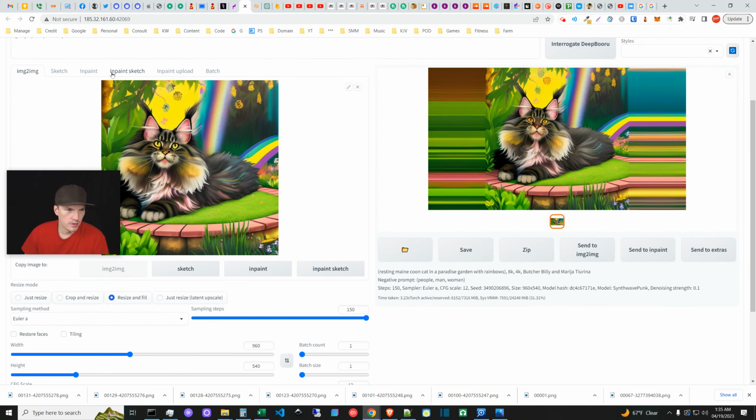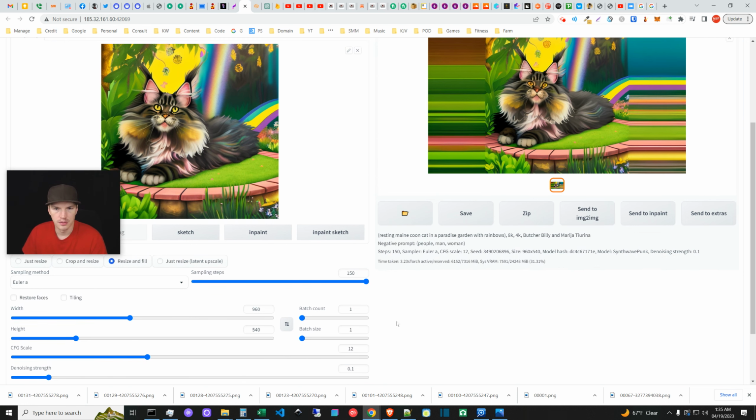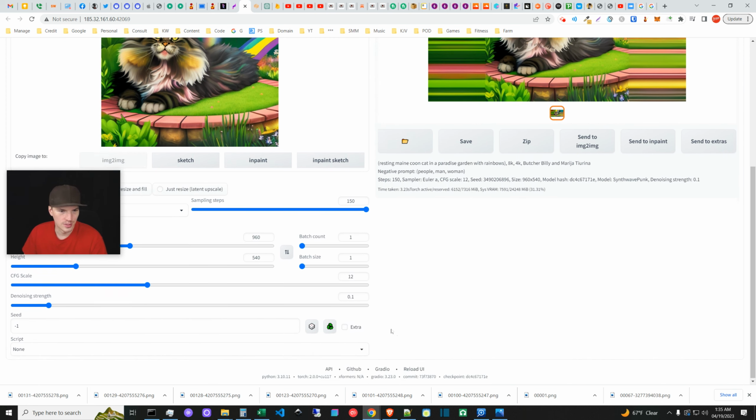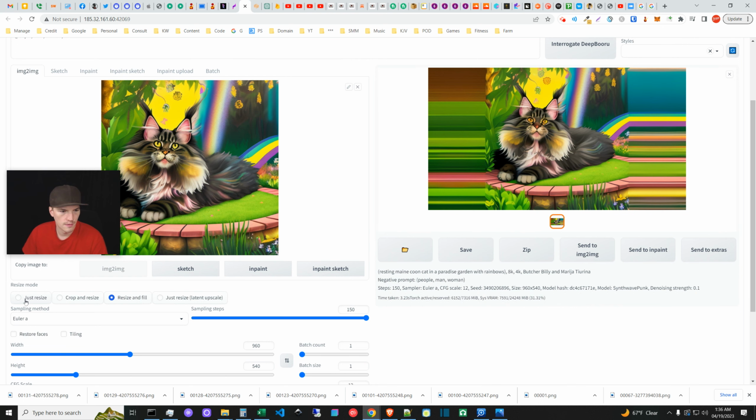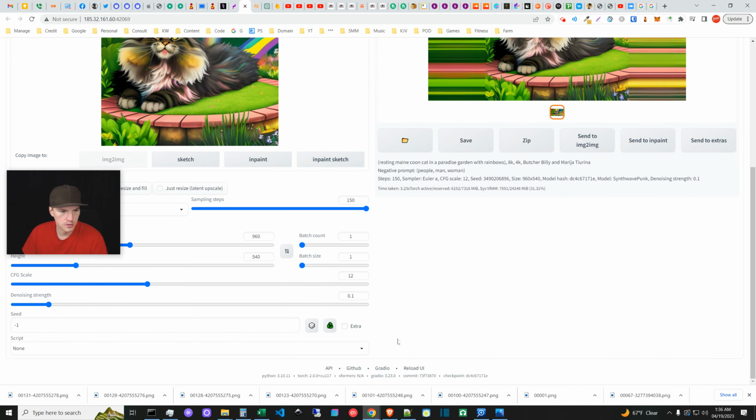And I'm trying to think if the inpainting could be used, because we can actually use the inpainting feature to go outside of the principal image, but I don't think that's going to work for us, unfortunately. Shoot. Let me try crop and resize, just resize. I don't want to tinker with the outpainting right now. Let's just try this at 7 and hope that this doesn't get twisted up too much